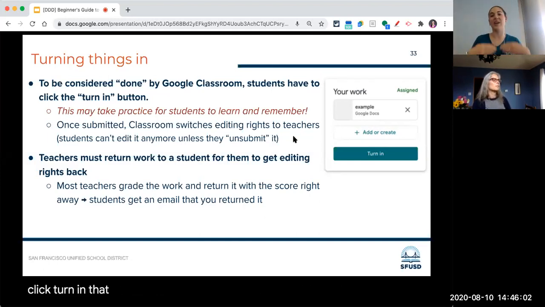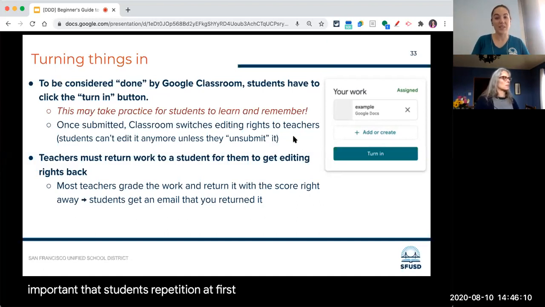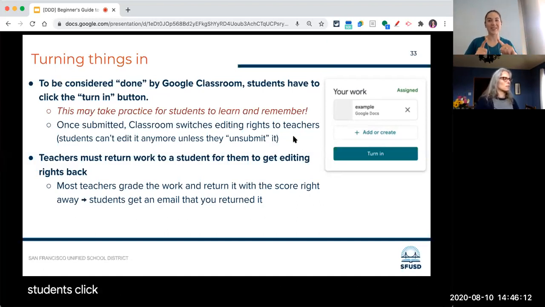Reinforcing that pattern and that routine is going to be really important so that students learn what the routine is. It's just going to take practice and repetition at first. What's neat about it is once students click that turn in button,